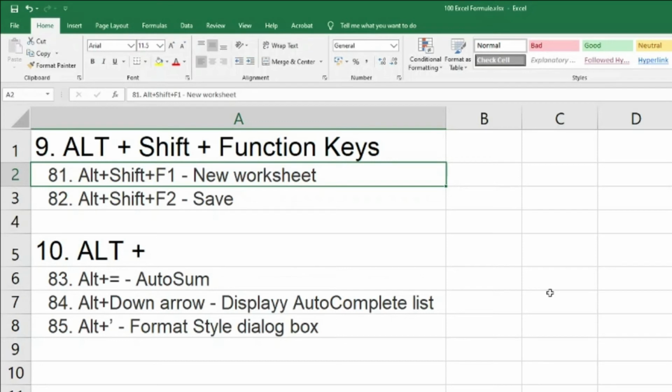Now some of you might say, why is it that there are so many different shortcuts to do the same thing? What I believe is that since a long time back when Excel started, they have been giving a lot of formulas, and as they kept upgrading their versions, they kept coming up with new shortcuts. So what happens is, if you discontinue the earlier ones, a lot of people who are habitual of using them will not be able to adapt to the new versions.